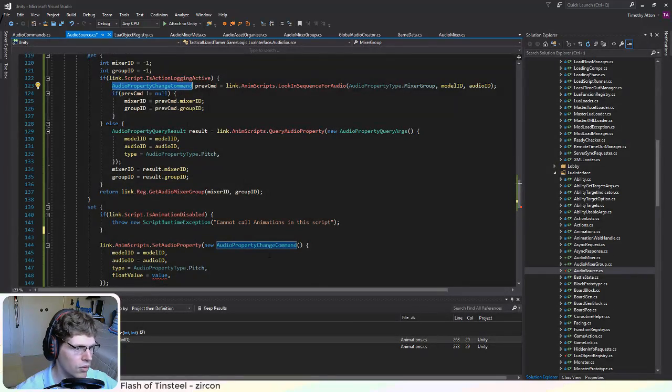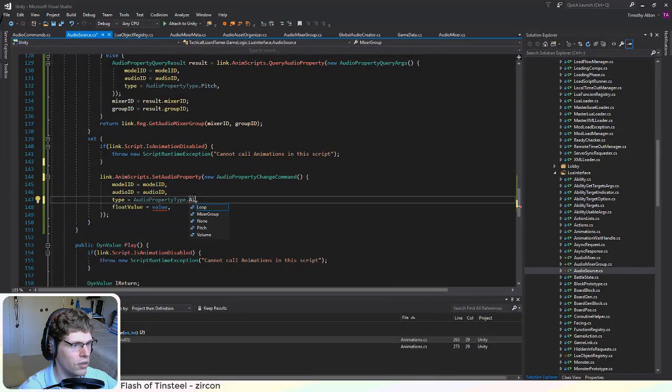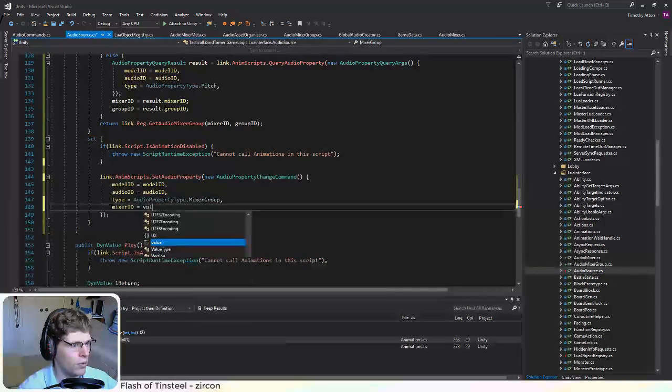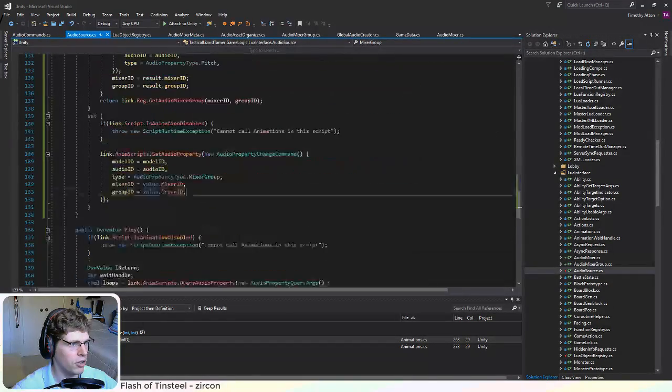Okay, so set, I didn't need to do that, but type is mixer group, and then we just set the values here. Is value dot mixer ID and value dot. Well, I guess actually we could be passed null, so